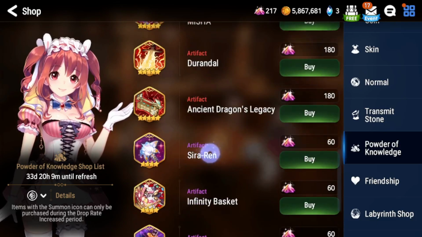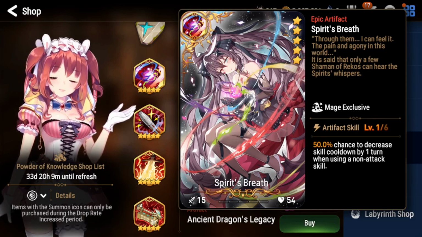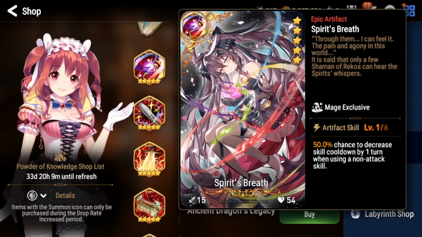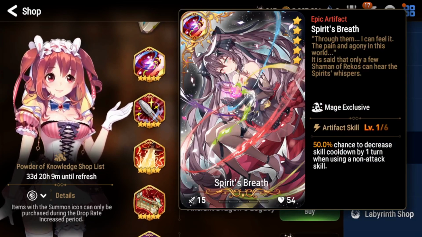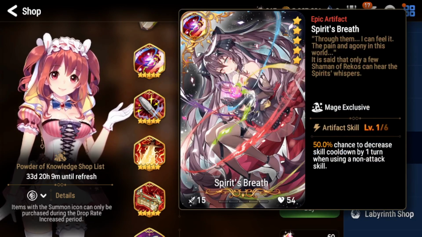Let's start with the 5-star artifacts first. So Spirit's Breath, only really ever used on AOL, Angel of Light, to reduce the cooldown over S3, because when you activate your S2, it counts as a non-attack skill. If you have this at plus 30, it's a 100% chance. The only thing is, if you don't plan to max this out, which I don't know why you would, it's such a heavy investment in an artifact that's able to be used on AOL, sure, who's very good in PvP,